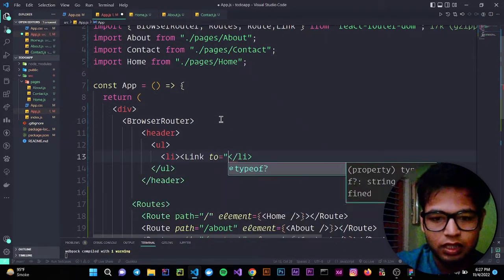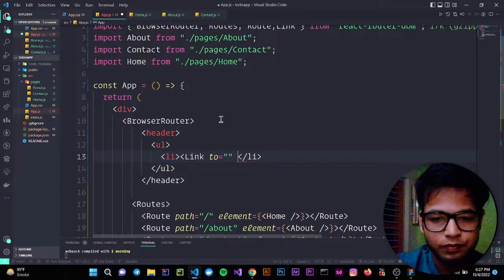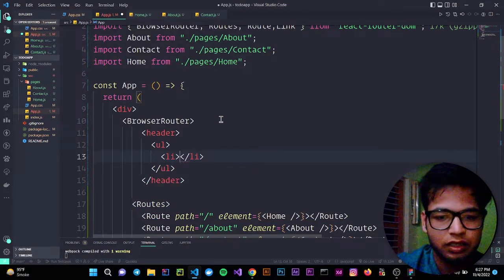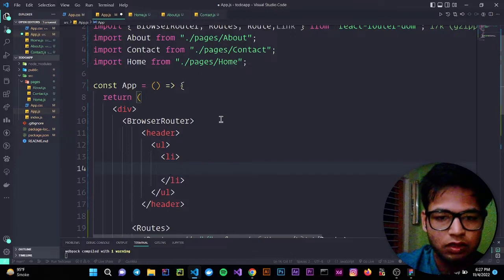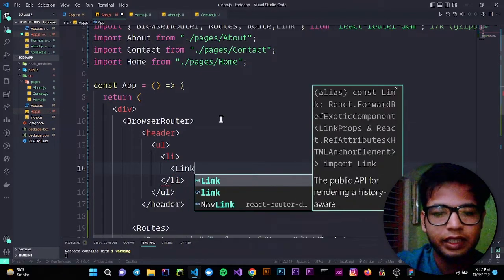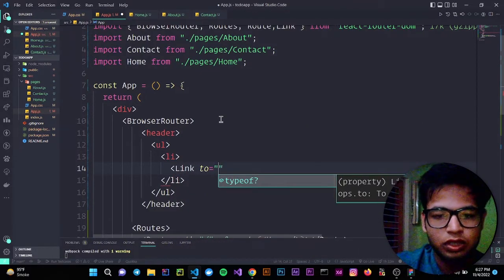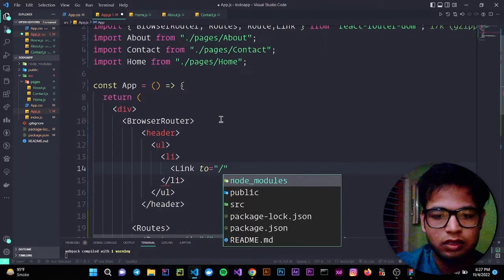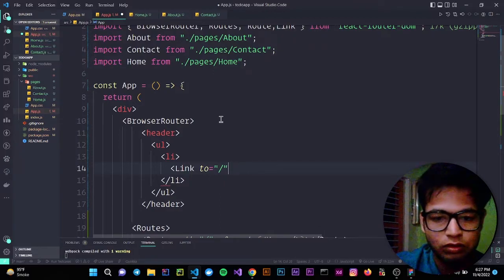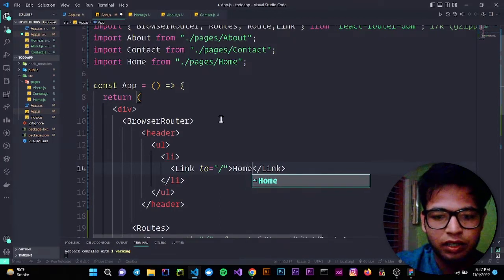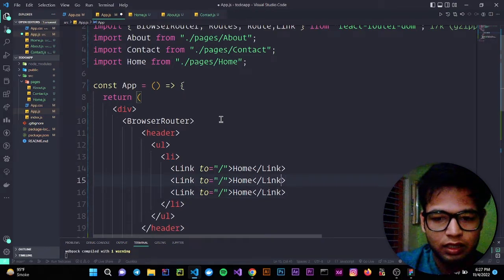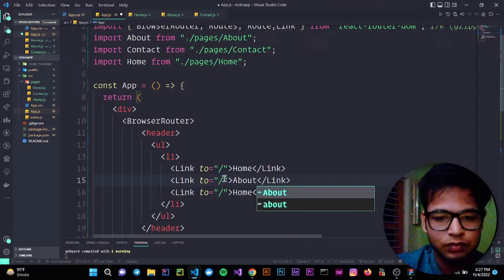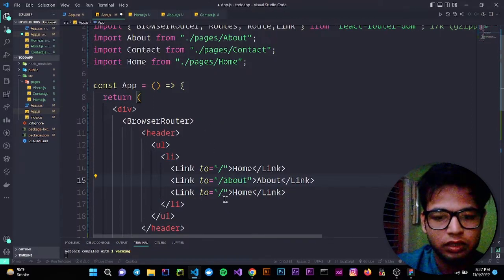So to, let's make it clear for you. Here you will provide link to, here you have to provide your URL. So see, this one is your our URL. Now let's name it home. Let's copy for 2 times. Now this is for about, so just provide here about URL, and this is for contact,